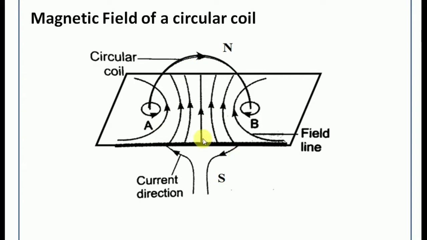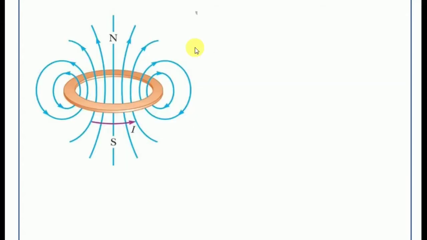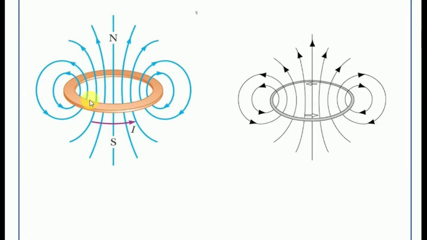This is a magnetic field due to a circular coil, which we have done in our previous video. A circular coil acts as a small bar magnet because the magnetic field lines enter the loop from one side, making it a south pole, and come out from another side, making it a north pole. In this picture you can see the current is flowing in the loop and magnetic field lines are entering from one face and coming out from another face.